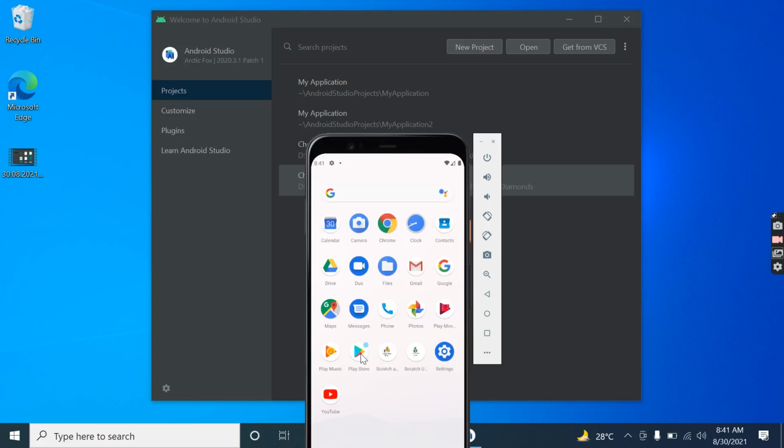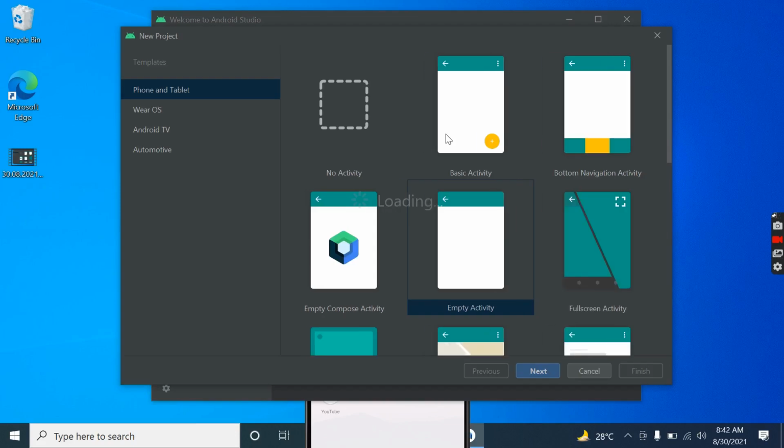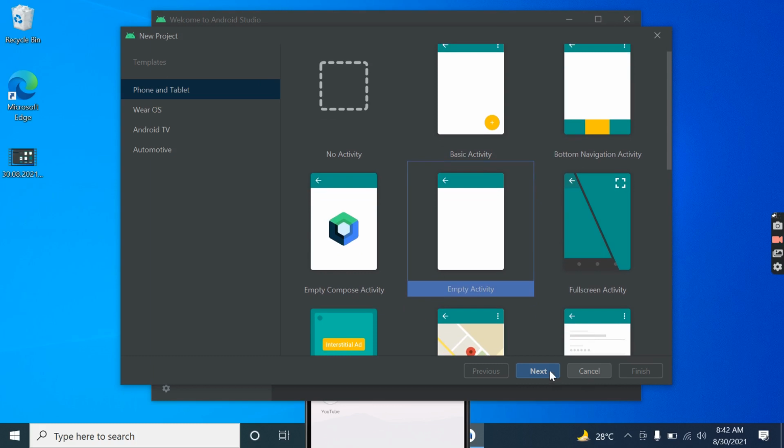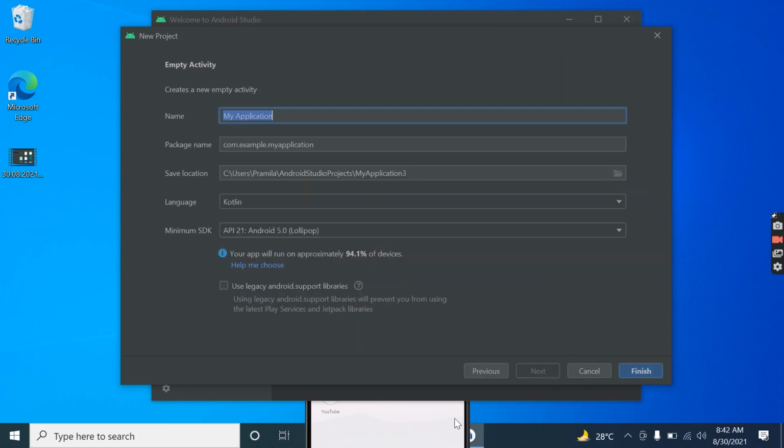Hello everyone. In this video, we will start coding for restaurant application. So let's start a new project from here, new project, and choose empty activity. Click on next. Here you will write your application name, which is